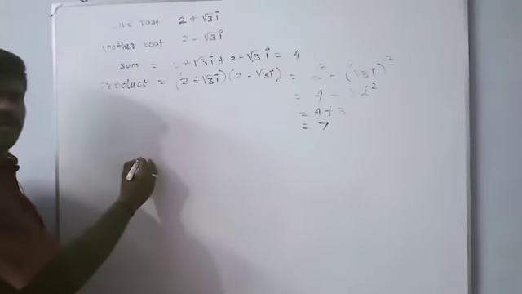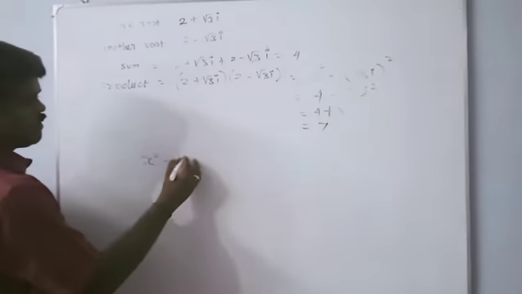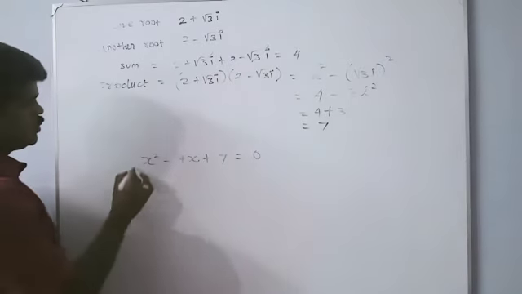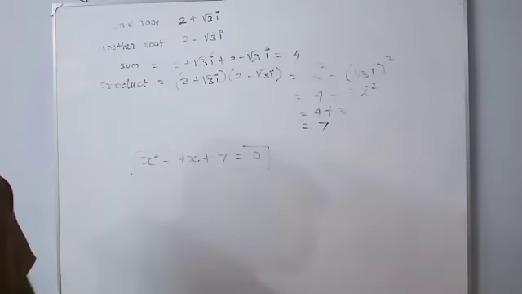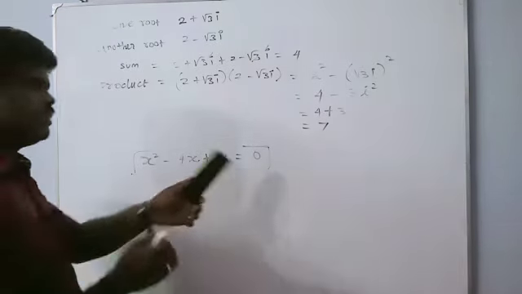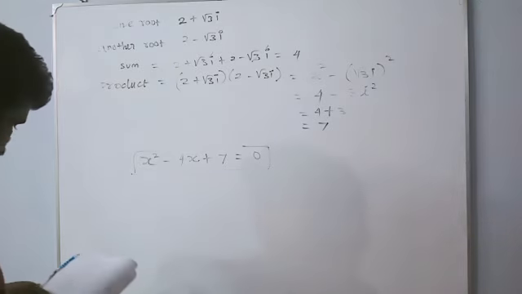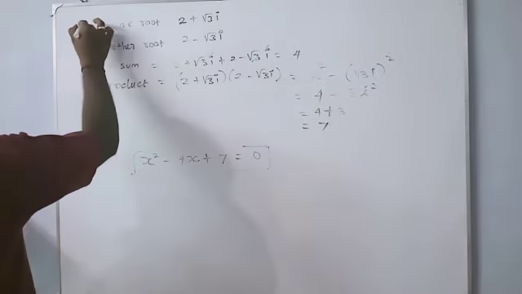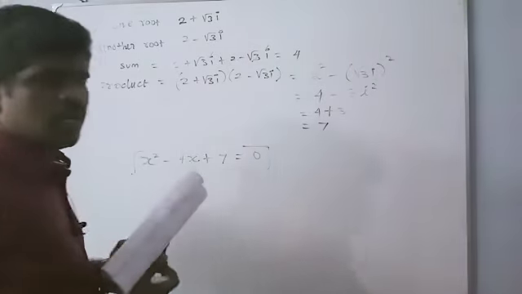How to form the equation? Here is the formula. x squared minus sum of the roots, which is 4x, plus product of the roots, which is 7, equal to 0, which is the required minimum degree polynomial equation. Okay, right. Refer to this sum and we go to another one. Next, question number 4. This is the second sum and we go to the fourth sum. The other sums are homework.